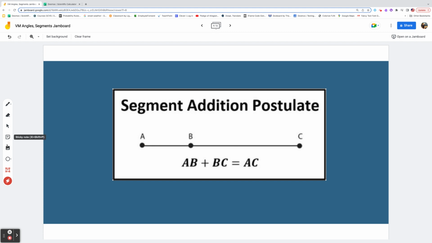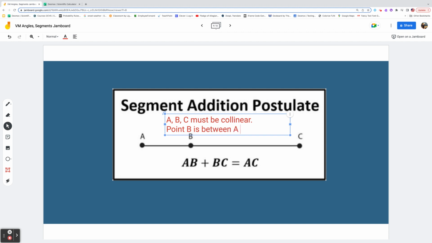So let's write that down in a text box. Points A, B, and C must be collinear, and point B is between A and C. Okay, so now that we have that,